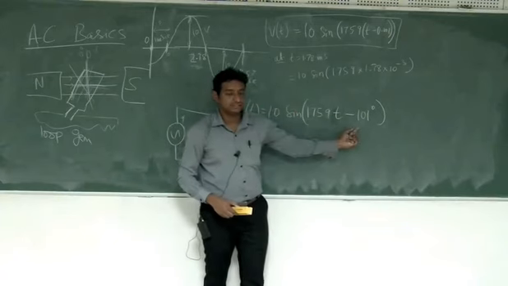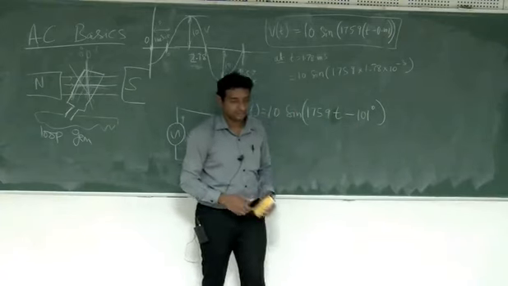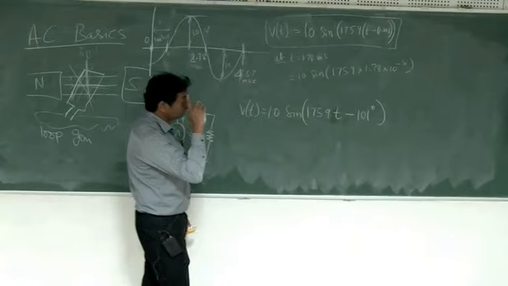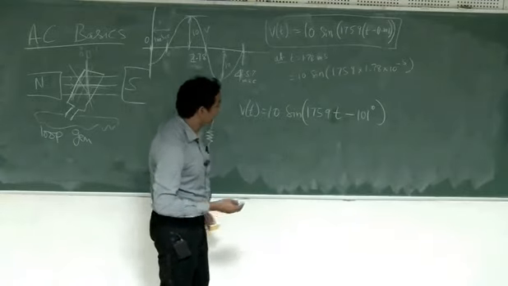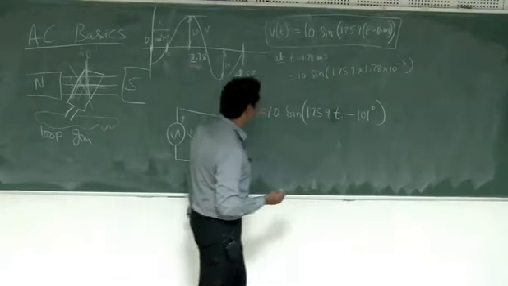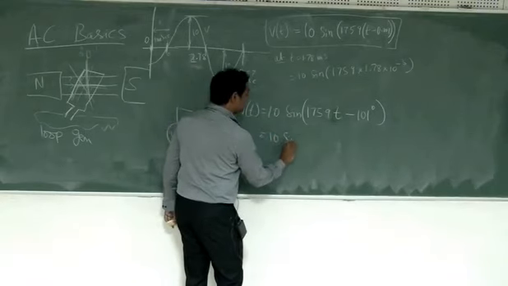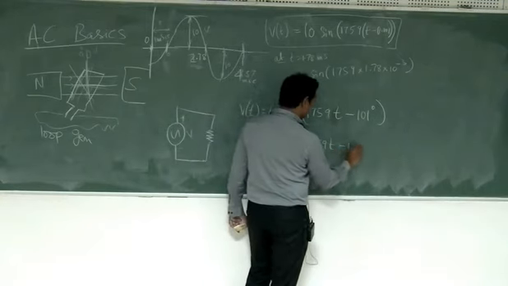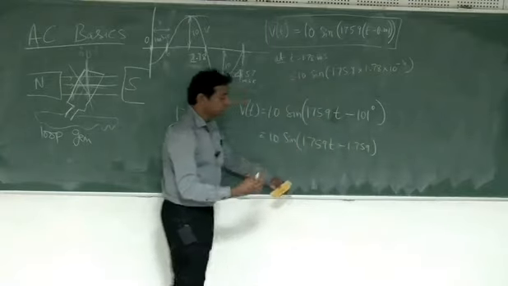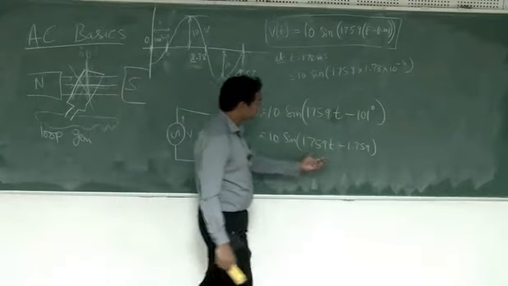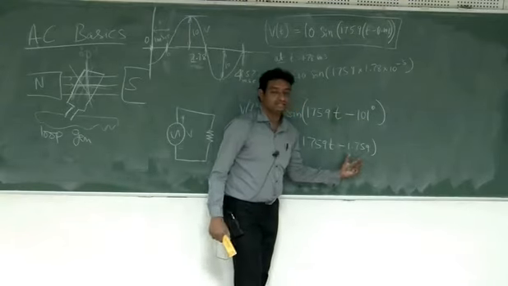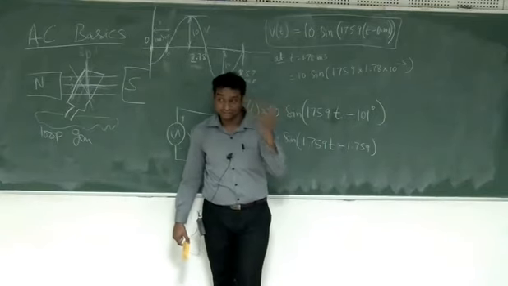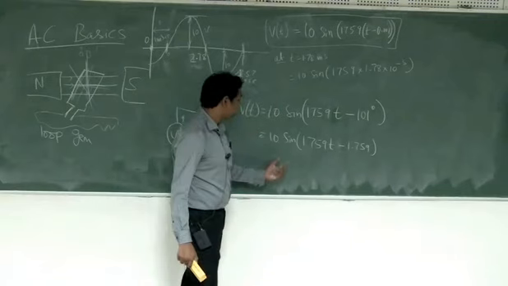This is always in radians, and this one is in degrees. But you can also represent it in radians. Not a problem. So how many radians? We just calculated that. So 10 sine 1759 t minus 1.579. You don't have to write radians because it's understood it is radians. But this doesn't create a nice picture or intuition for that sine wave, how many degrees it is leading or how many degrees it's lagging. So we'll come to that.